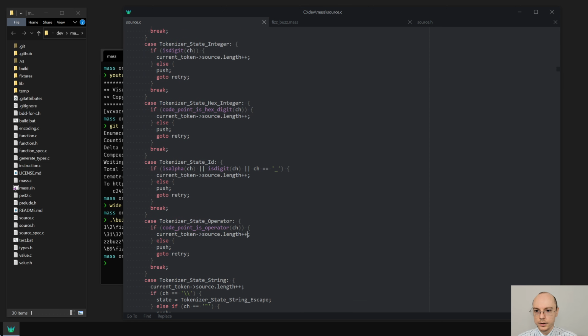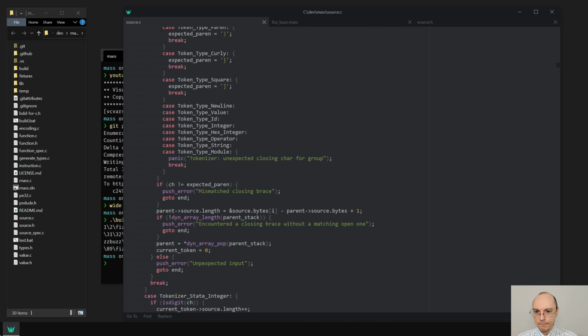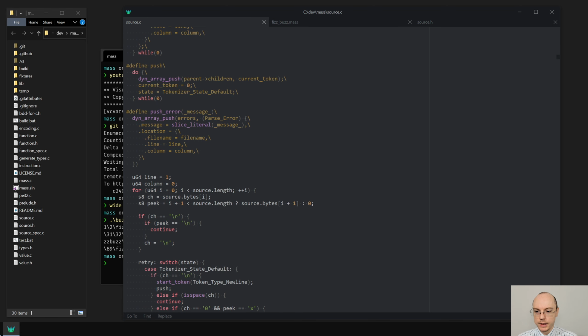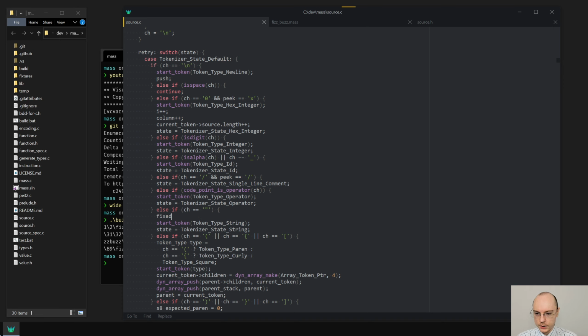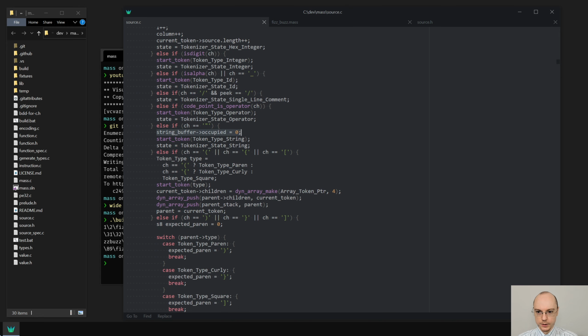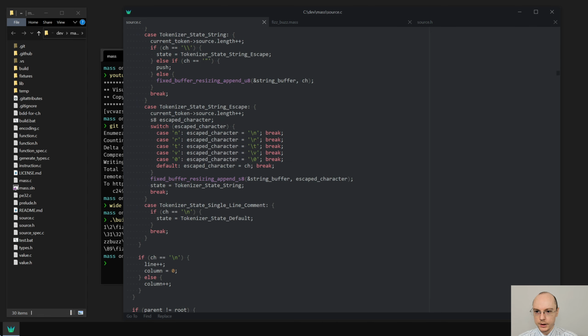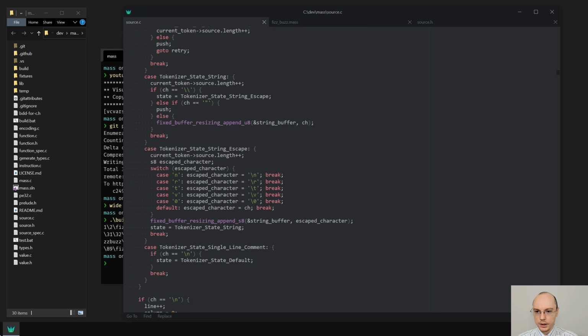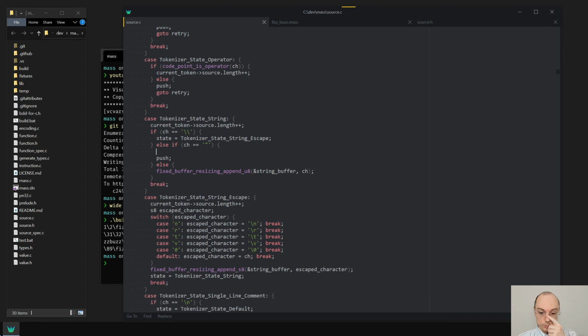And another thing is when we get into the string, we need to reset our buffer. So, string buffer occupied is 0. This is just a, so again, we don't care about the size. And one final thing, I guess, would be that when we end here, we also need to copy out the buffer